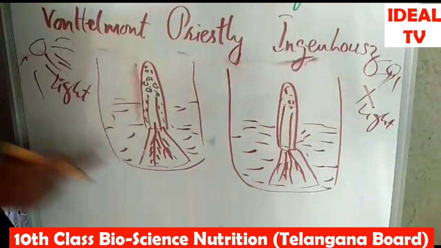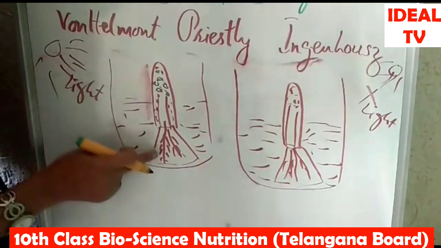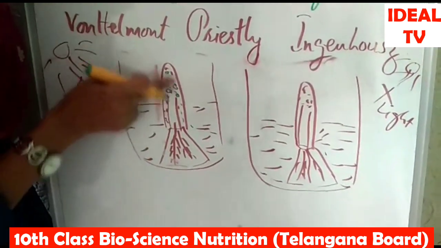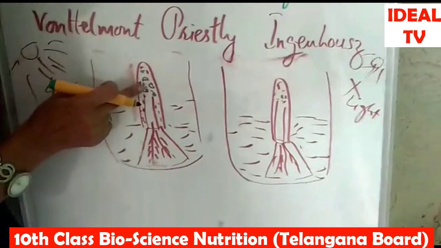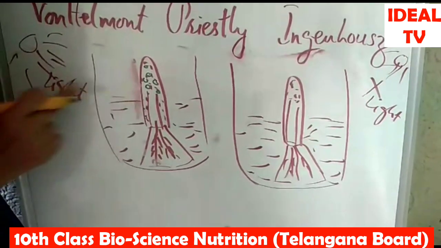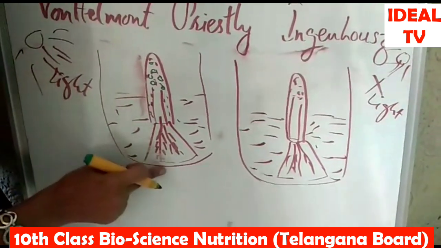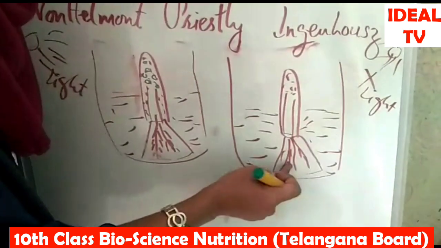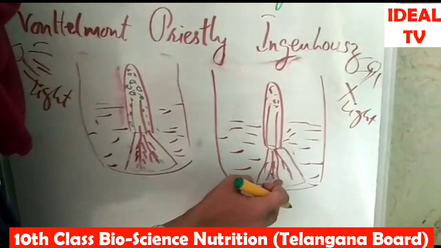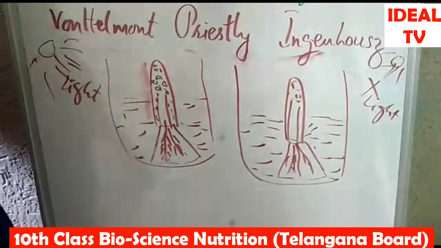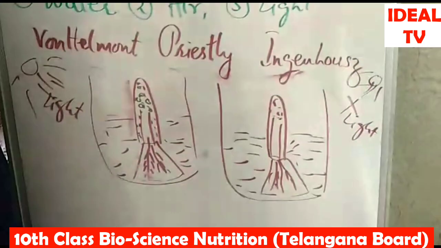As we can see in this case where light is available, the aquatic plant has undergone the photosynthesis process, because of which the gas bubbles of oxygen are evolved, and because of these bubbles we can say that light plays a vital role for the plant to undergo photosynthesis. And this does not take place when no light is available, which makes the plant not undergo the process of photosynthesis. Thus Ingenhousz proved that light is essential for photosynthesis.